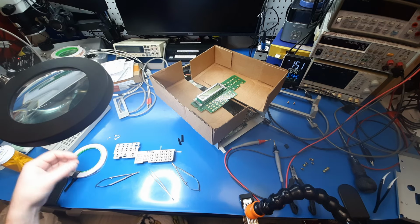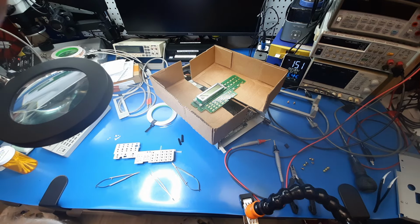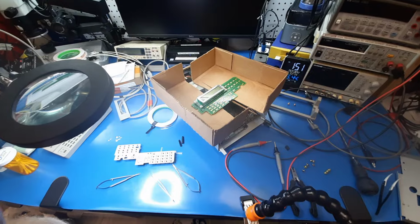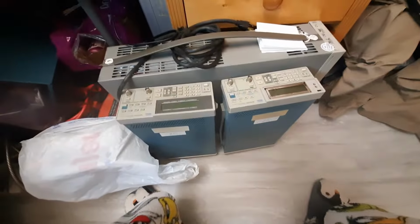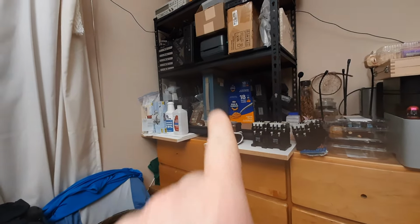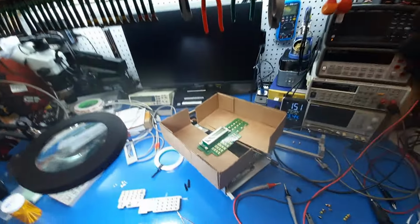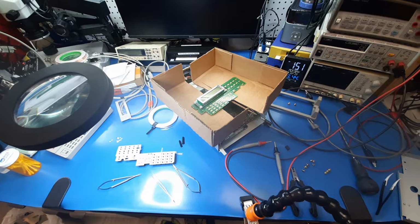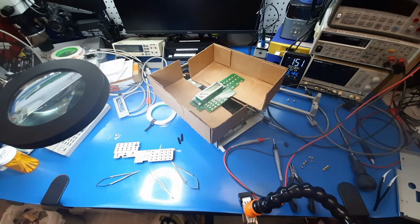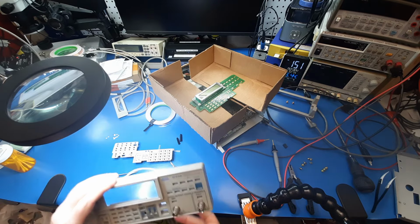So I have a customer that's interested in one of them, and they all have the same issue. Like I have, well, I'm gonna give you a shaky cam for a sec. I have like those there and that one there. So 4 of them total. We're on this pallet of test equipment that I wanted to auction a couple months back. Anyway, they all have the same issue, and it's a common one when you have,